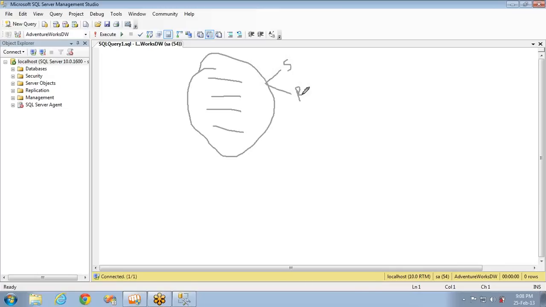I mean, revert back. So if, for example, this insert is working fine and inserted successfully, and this insert statement is also successfully inserted, and if this one fails, then it will roll back. That means this insert will be gone, and in the same way this insert. That is the advantage of a transaction.